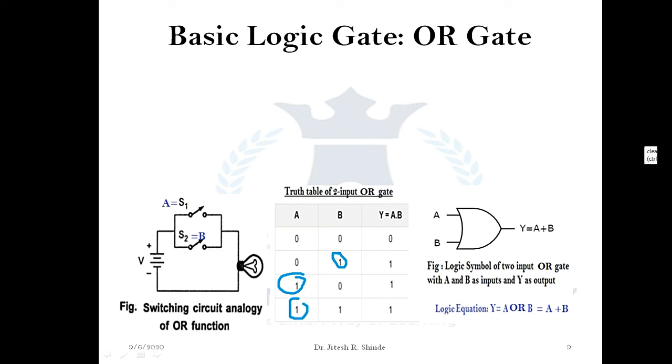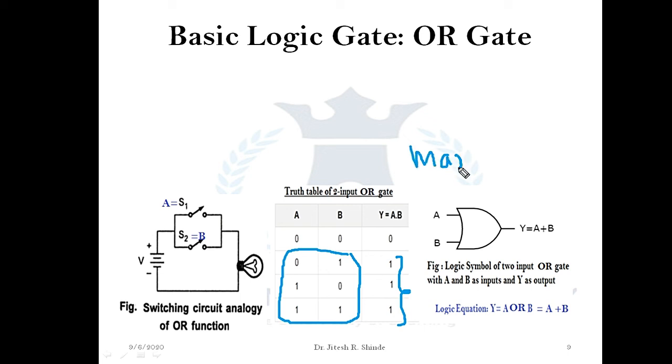Further we can observe that for maximum input combinations we are getting output equal to 1. Hence the output of the OR gate is also called as max term. Further, because of this logical operator, plus, the output of the OR gate is also called as sum term. Thus from this logical operator we can say that in SOP